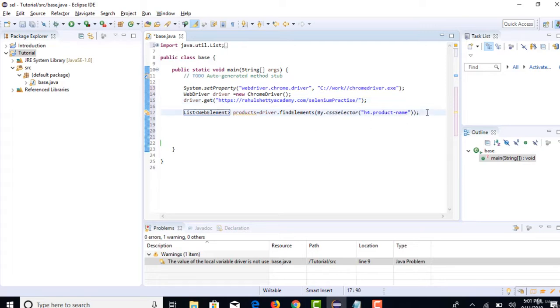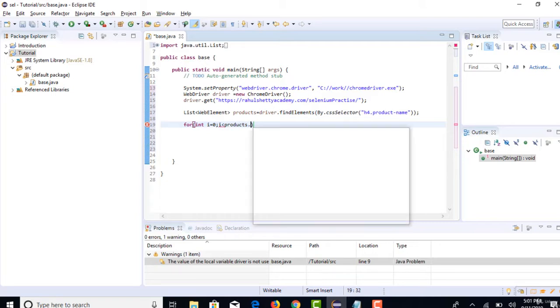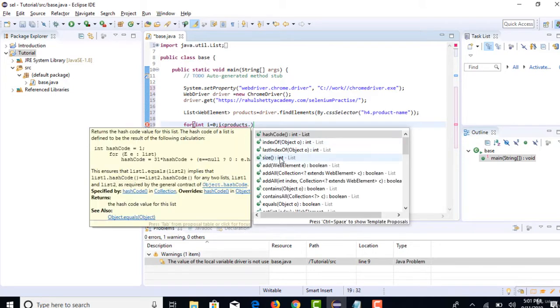Perfect. Now, you have to iterate through these products. So let's write one simple for loop. i equals 0. It starts from 0 and iterates until the size of these products. So when you say products dot, you have a method called size.